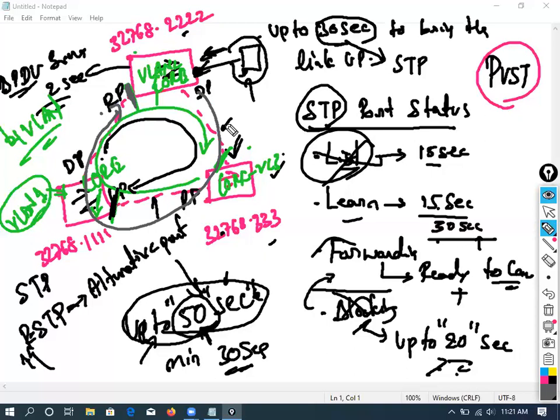Sorry? How come in the same direction? If all block this port, this link will be unusable, right? I cannot use this link at all. Are you getting my point? I'm saying if you make this the core switch for all the VLANs, now this link is totally wasted. Until the primary link goes down, I cannot transfer any data over here. All the packet transmission happens like this.